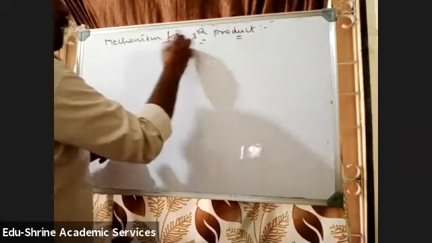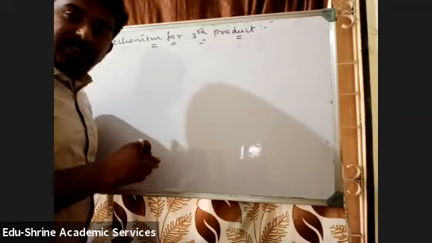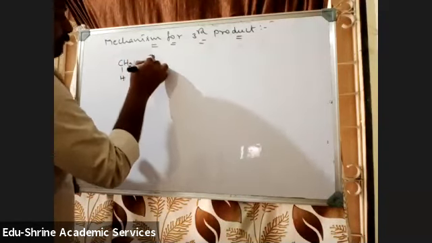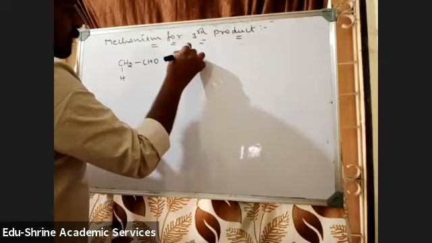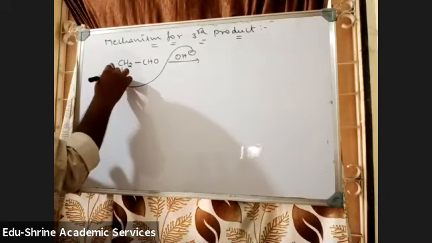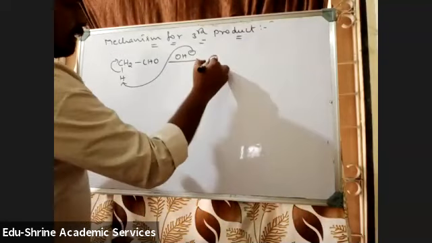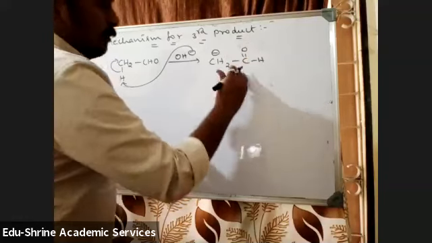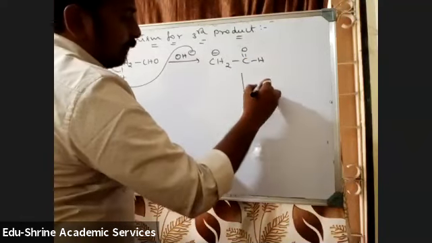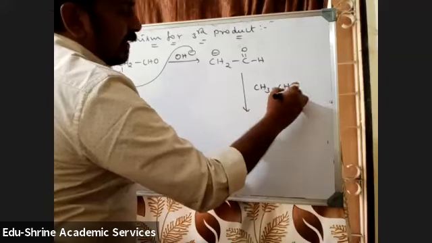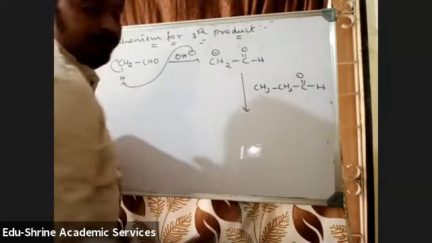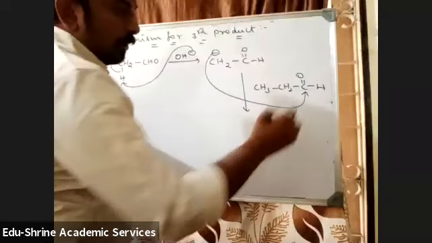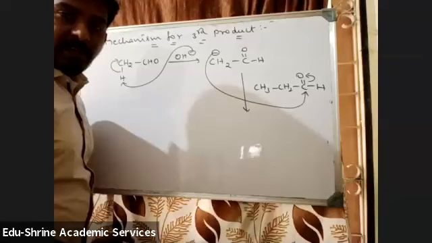In the third product, what I am doing is generating a carbanion from acetaldehyde, CH2H CHO. In the presence of OH minus, this will take the hydrogen. This bond will shift here, so you will get CH2 minus CHO. Now this will be attacking the other aldehyde molecule. The other aldehyde is CH3, CH2, C double bond O, H. So this negative charge, where will it attack? It will attack here, no? The pi electrons will be polarized towards oxygen.